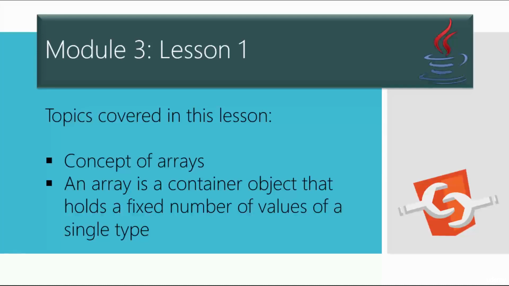So instead of declaring individual variables that we've been doing so far, we can declare a bunch of variables in a single array. And that again is a fixed type. So once you declare all the variables, you'll only be able to use just those. And to use an array within our program, we must declare a variable to reference the array. So a simple definition of an array is that it's a container object that holds a fixed number of values